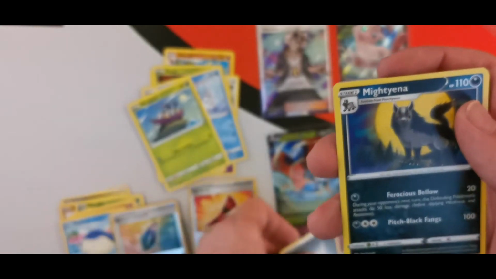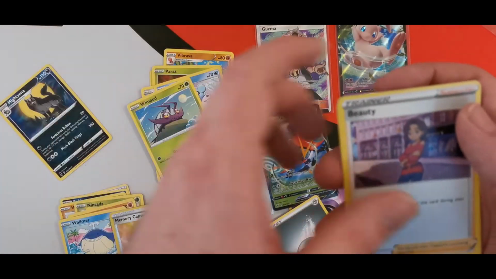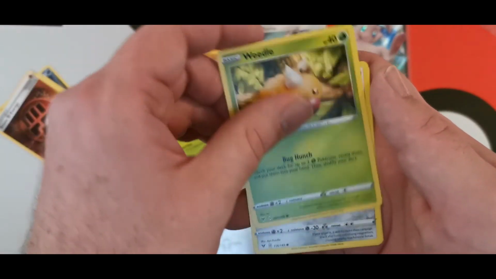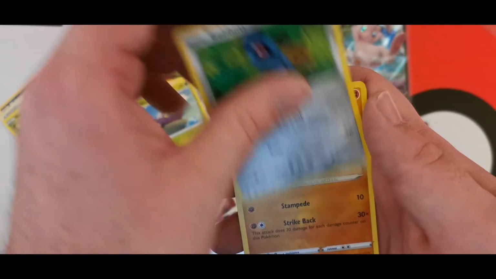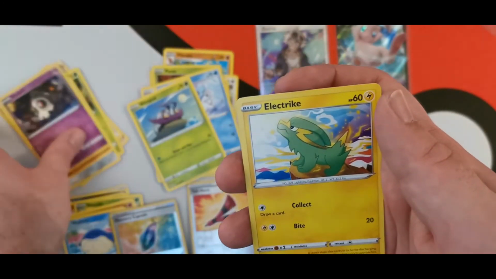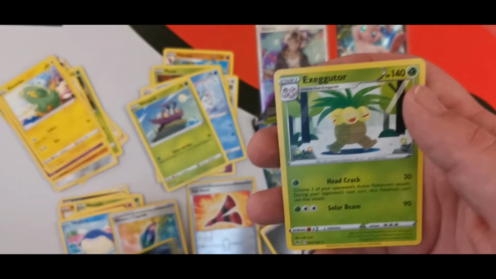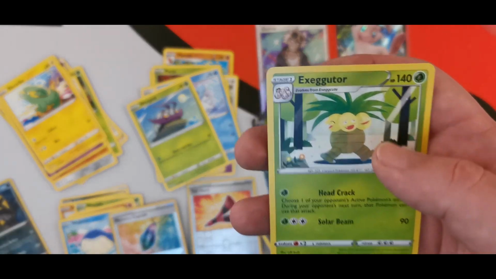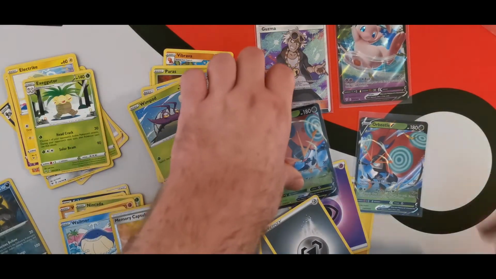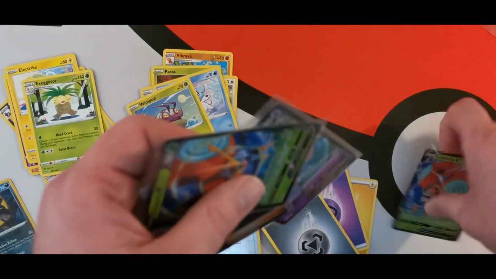Steel Energy. Mightyena. Beauty. Stone Energy. Weedle. Beldum. Panthy. Duskull. Electrike. A reverse Mightyena. And Executor non-holographic. So, finally our luck ran out on the last pack, but some very solid pulls from, yeah,